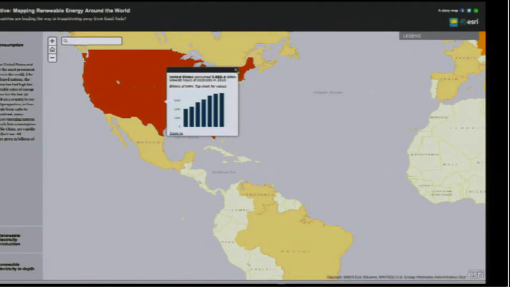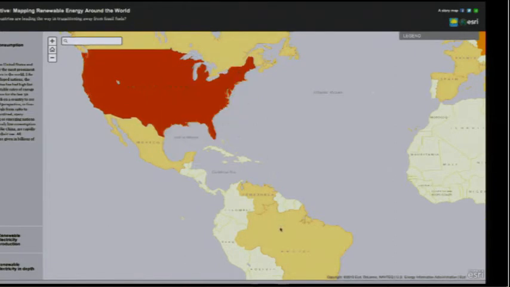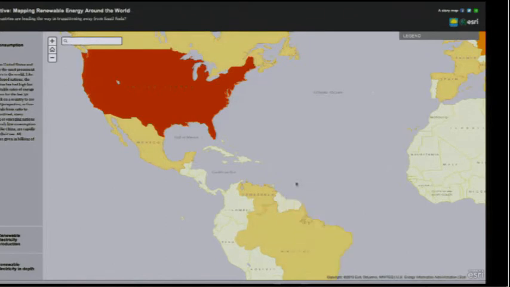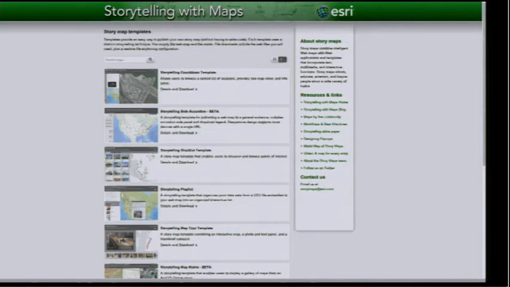And what our storytelling templates do is provide a cool and engaging user experience that suits the kind of narrative you want to present. My team has been building and improving on a list of templates that enable storytelling in